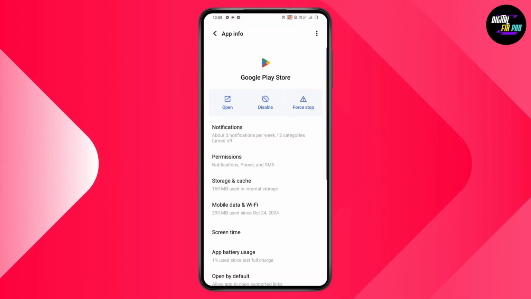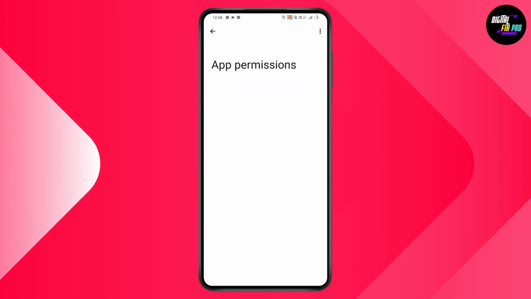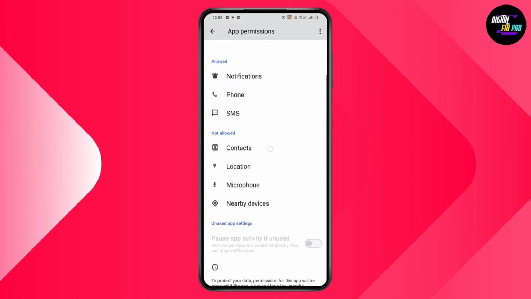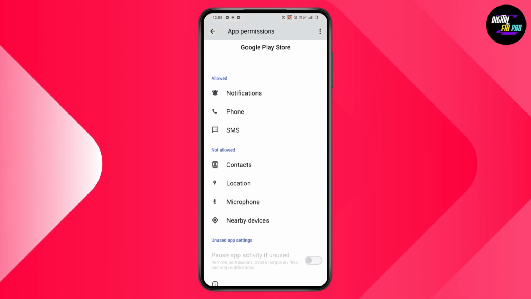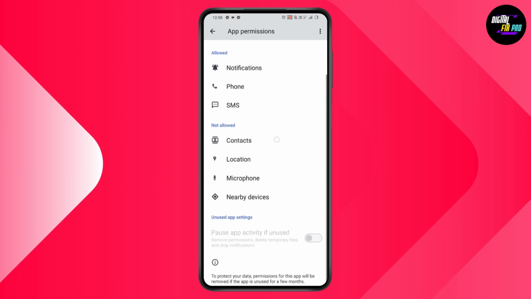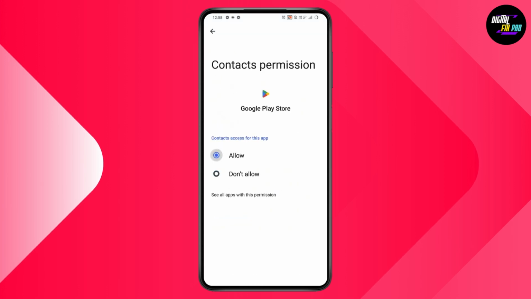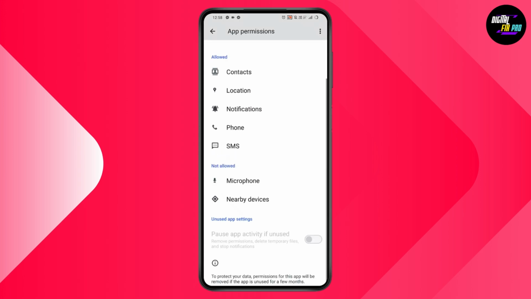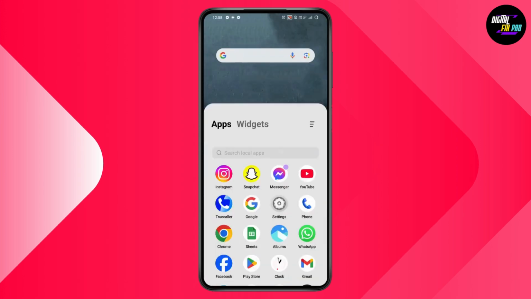After clearing your cache and your storage, you need to go with permissions. And under permissions, make sure that you allowed all of the permissions. As you can see that I've not allowed all of these 4 permissions. You just need to simply go with each and every permission and go with allow. Go with location, allow while using the application. Once you've allowed all of the permissions, now you need to go back and you need to open up your